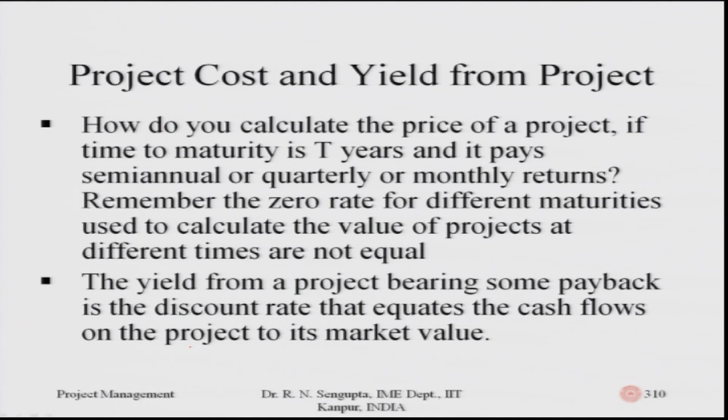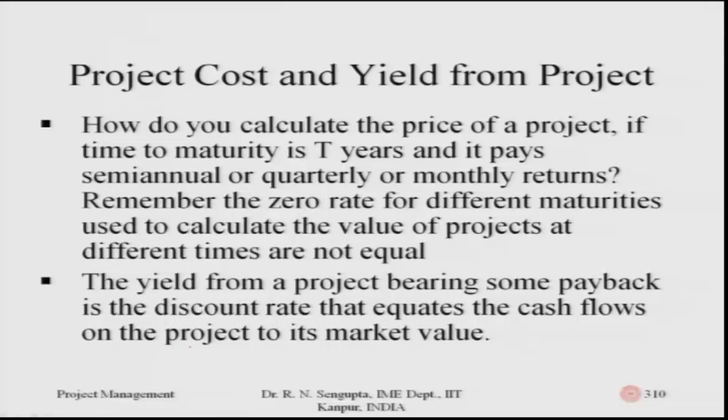If time to maturity is T years and it pays semi-annual or quarterly or monthly interest. If you remember, I did mention interest rate is calculated on a per annum basis, but the payment can either happen quarterly or semi-annually, on a daily basis, on a weekly basis, whatever it is. Remember the 0 rates for different maturities used to calculate the value of the projects at different times are not equal. So, 0 rates may be different for different time periods,